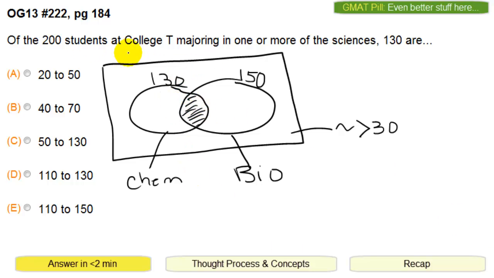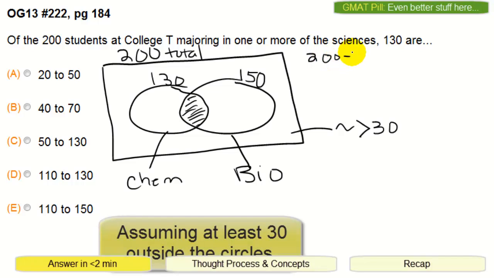Okay, so if there are 200 students total, then this 200 minus this 30 will get us 170 students. So of these 200, 170 students are majoring in one of these majors. So there's 170 students,